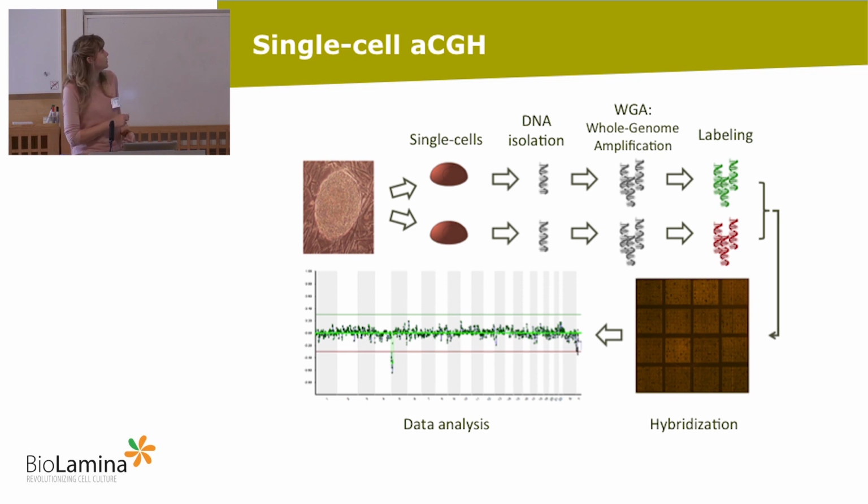So what we did was taking two sublines of the same stem cell line, and there were 300 passages apart, so it's a really long time in culture, in fact, that we had there. And we analyzed about 30 single cells for the stem cells. So we took 30 cells of the earlier passage, 30 cells of the later passage, picked up the cells, amplified them, did the array CGH.